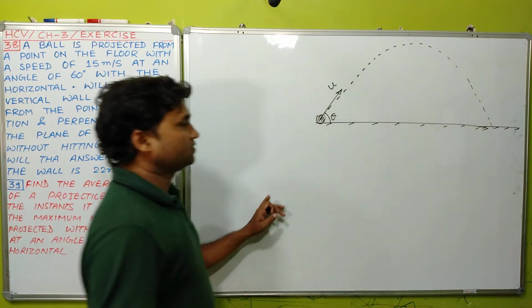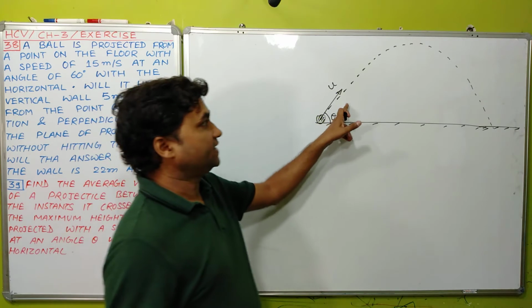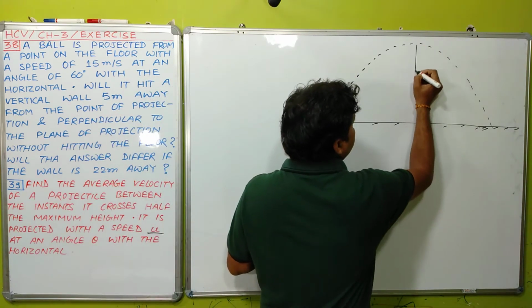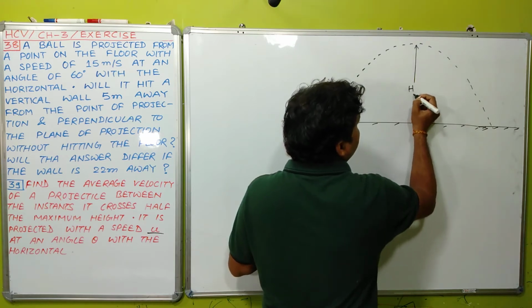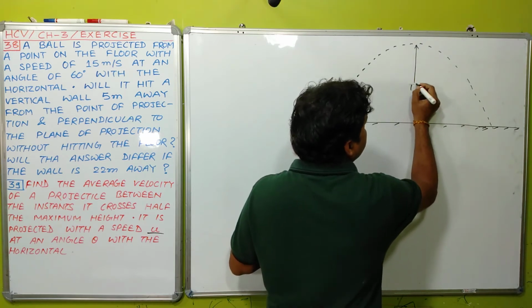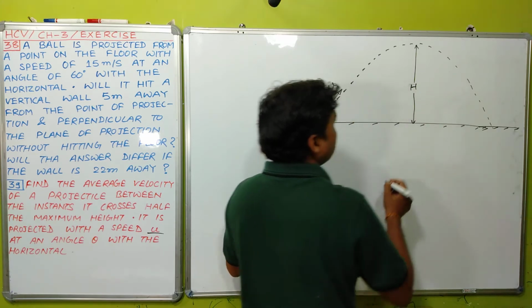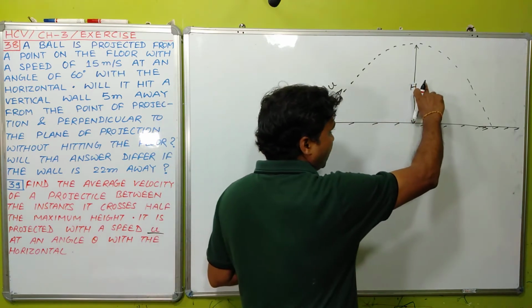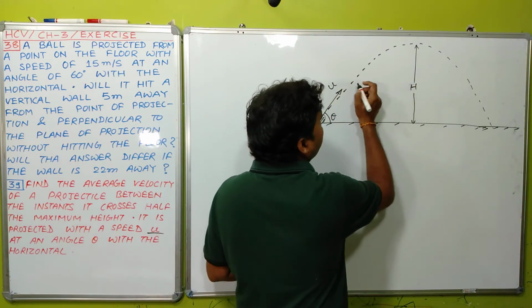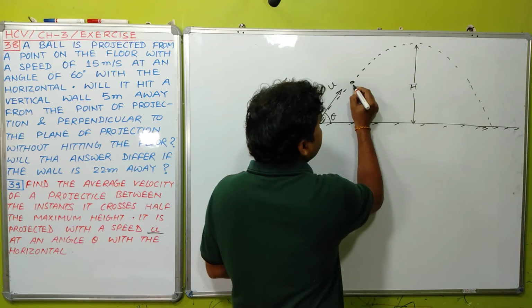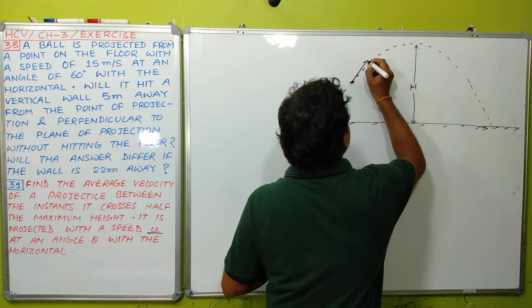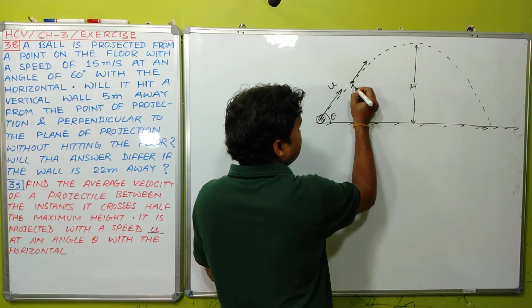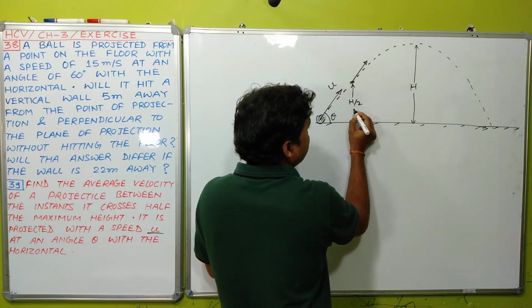Now the question is asking when it will be at half of its maximum height. What is its maximum height, student? This is its maximum height. We can represent it h. Just assume this is height h. So half of its maximum height: this ball will come to half of its maximum height 2 times. While going upward like this, when it reaches here, this height is h by 2,